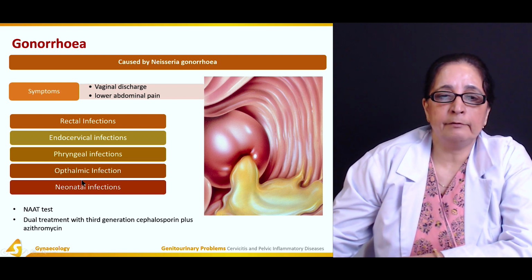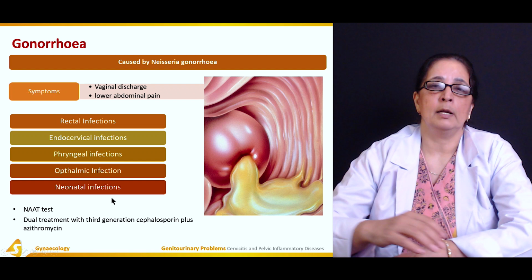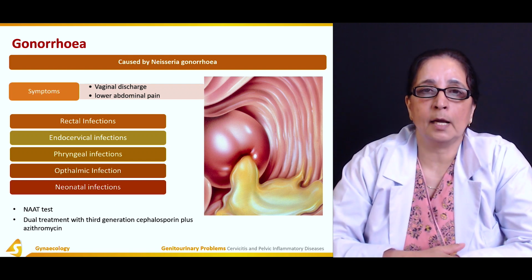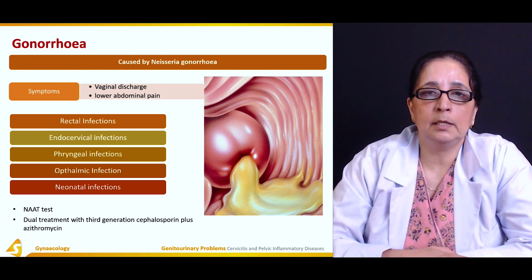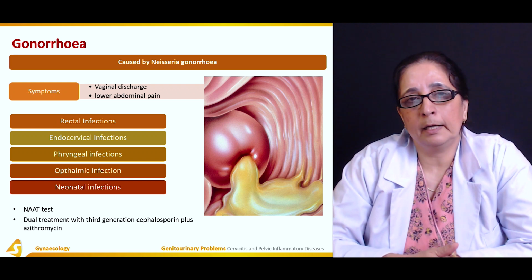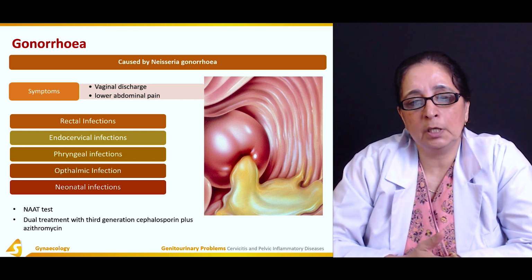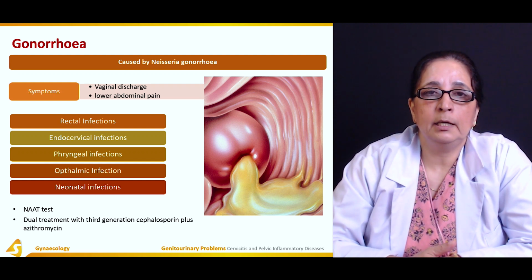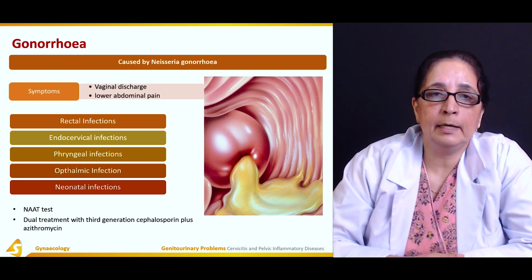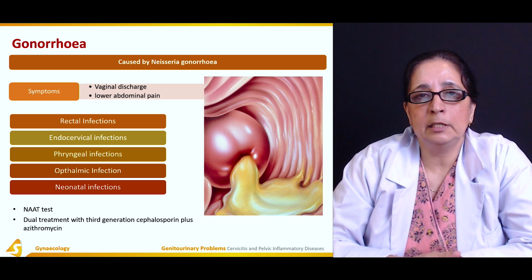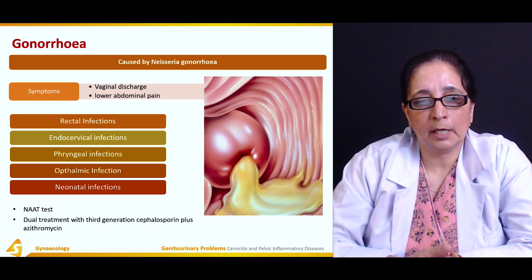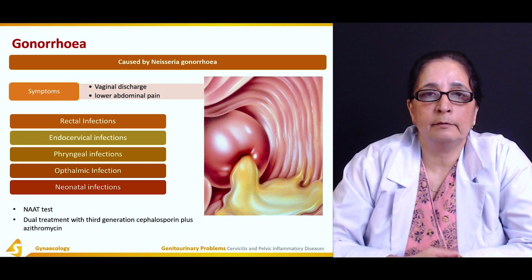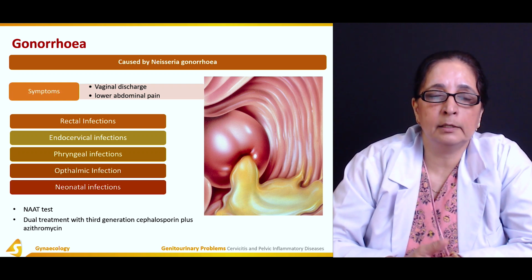And neonatal infections are also common if the mother has gonorrhea during pregnancy. They can spread the infection to the newborn, and in the newborn, usually the eyes are very commonly infected, which leads to uveitis or other